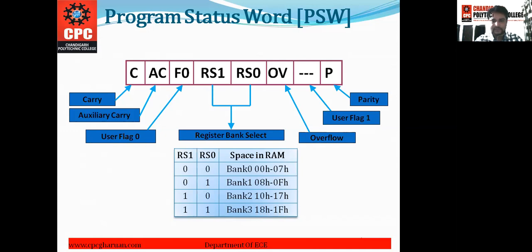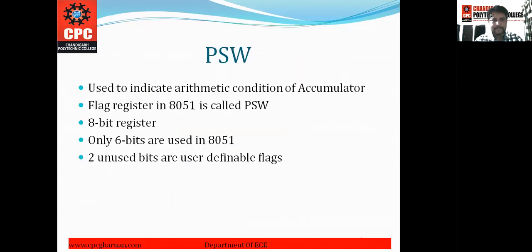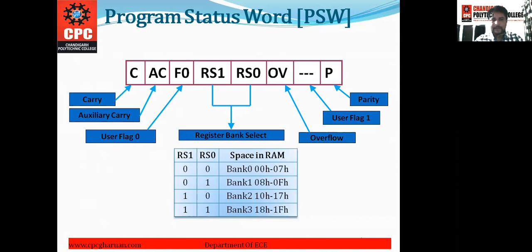Program status word of 8051. It is used to indicate the arithmetic condition of the accumulator. The flag register in 8051 is called the program status word because in the PSW we have all the flags, that is the carry flag, auxiliary flag, overflow flag, and the parity flag.